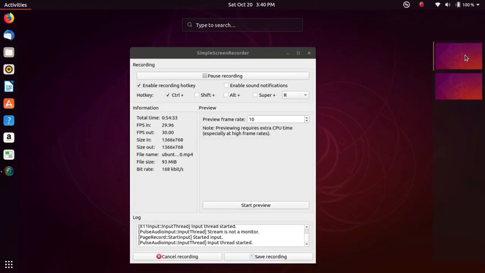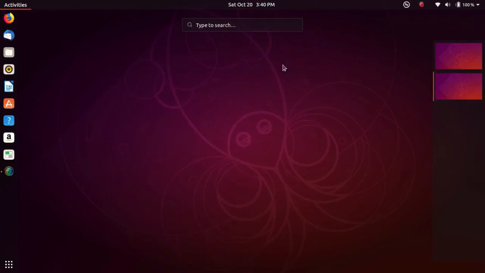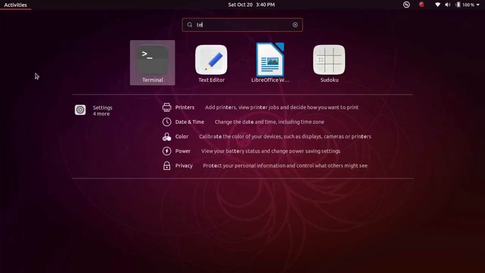Notice it does not show minimized applications in the workspaces, which makes it rather difficult to know if there's anything in that workspace. However, if I go to the next workspace and I open another application, such as the terminal,